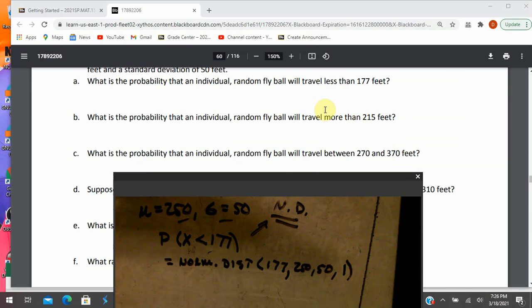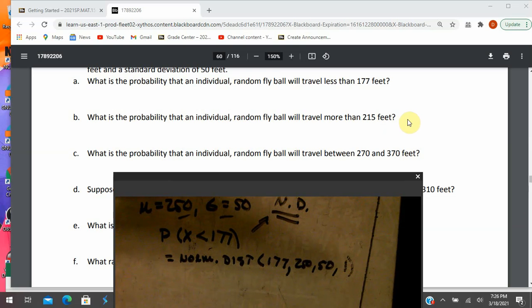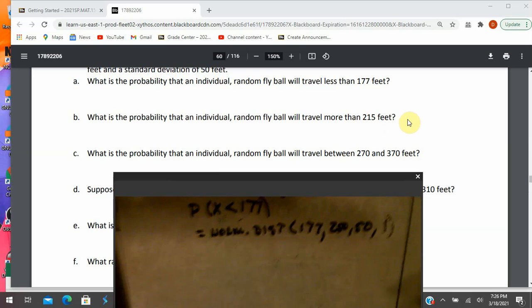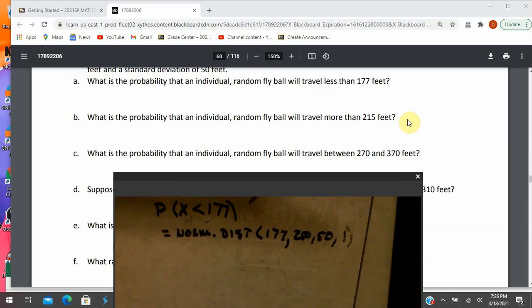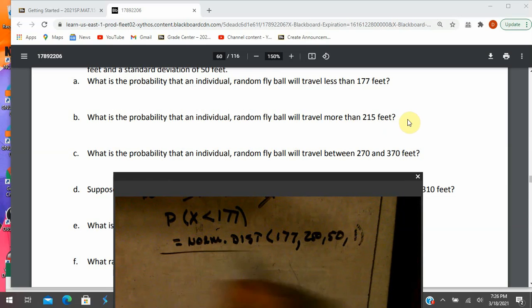What is the probability that an individual random fly ball will travel more than 215 feet? Let me see if I can get this down a little bit, to get us a little more use while maintaining that. Different question: what's the probability that it would land greater than 215? What's the proportion that's more than 215? This is to the right. So if I drew that picture,